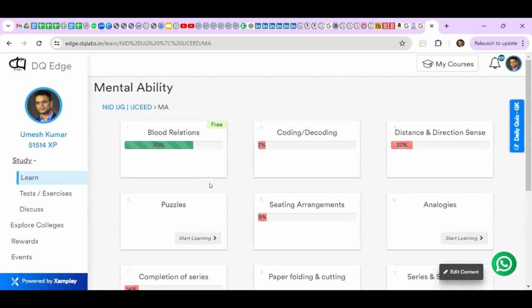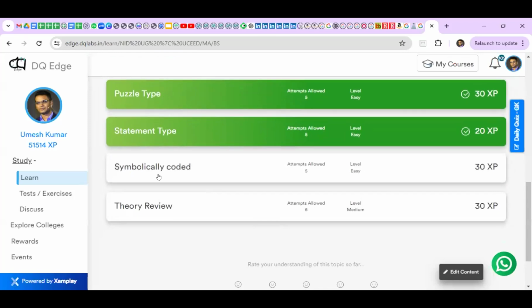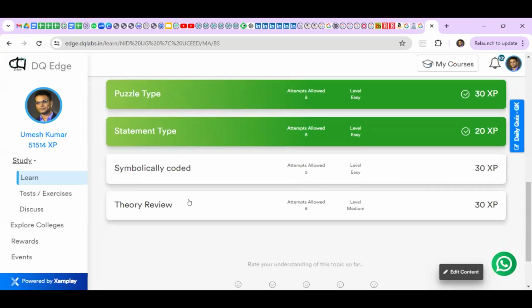Okay, and can you take a guess how many quizzes there are? Total number of quizzes. For example, if you go to blood relations, let us say there are 1, 2, 3, 4, 5. Okay. So Mahika is saying about 105, almost 80% more. Okay, 150 plus. So there are about 181 quizzes at your disposal. So you have to go through all those 181 quizzes.